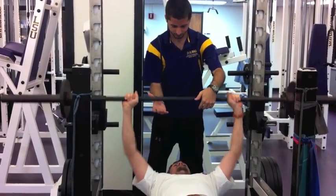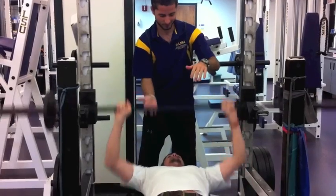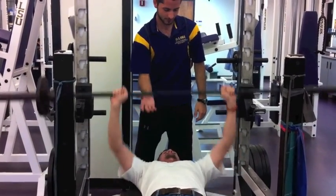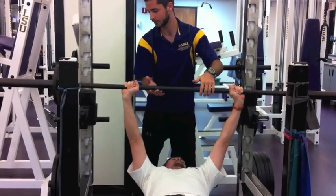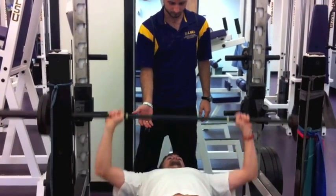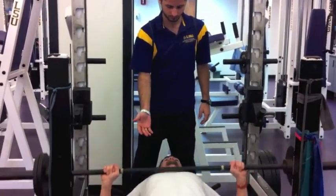We're going to start with a warm-up of 5 to 10 reps of light to medium weight. After our first warm-up, we're going to do a second warm-up after resting 2 to 4 minutes. And the second warm-up is going to be 2 to 5 reps with a little more weight added to it. Once again, it's just a warm-up. Alright, after the second warm-up, we're going to wait another 2 to 4 minutes, and we're going to start our